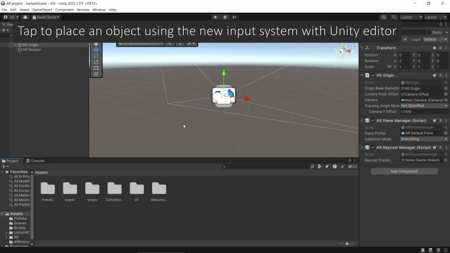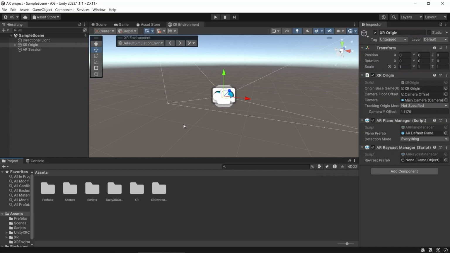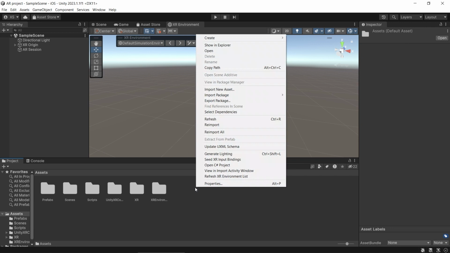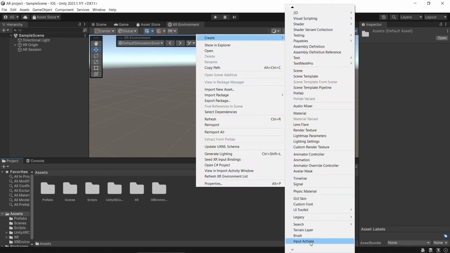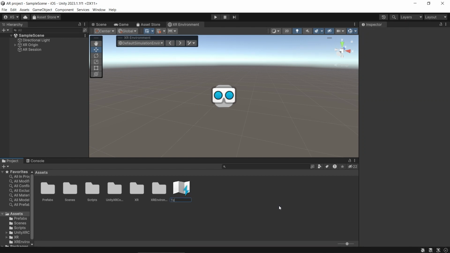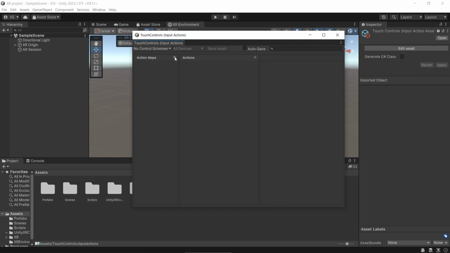Now I will explain how to create the new input in Unity instead of using script. So first, right-click, Create, click on Input Actions, and let's name it TouchControls. Double-click TouchControls, create a new action map, let's name it Control.